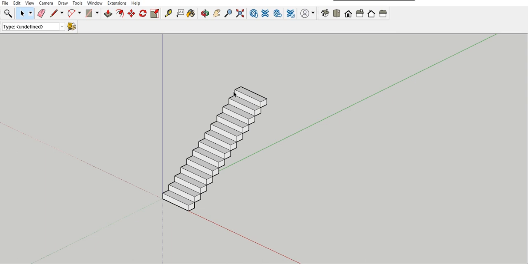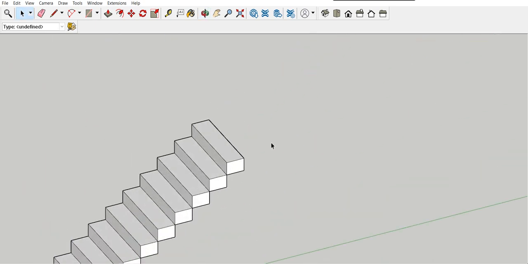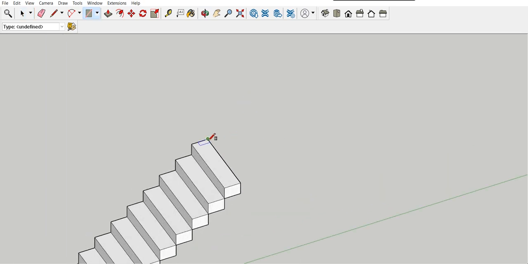Now to create an L-shaped staircase, generally in duplex bungalows we have L-shaped staircases. So for that, after the 13th step, I am going to create a landing. My landing size would be 3 feet 6 inches, comma, 3 feet 6 inches. So both the length and width of the landing are 3 feet 6 inches by 3 feet 6 inches for